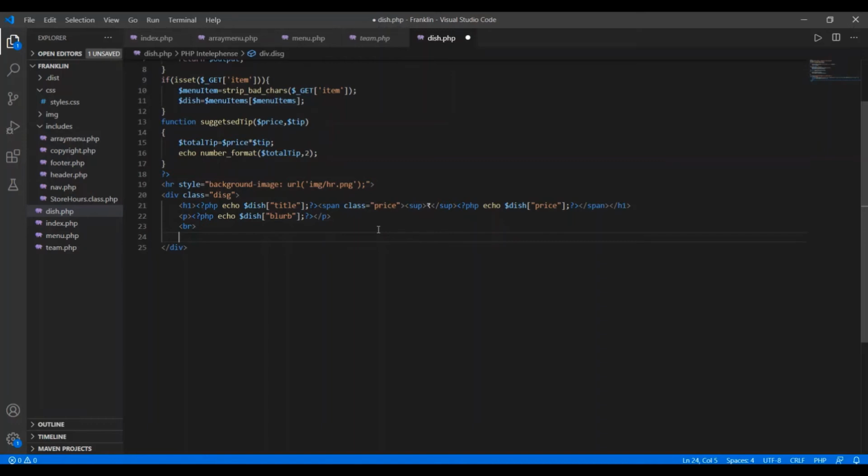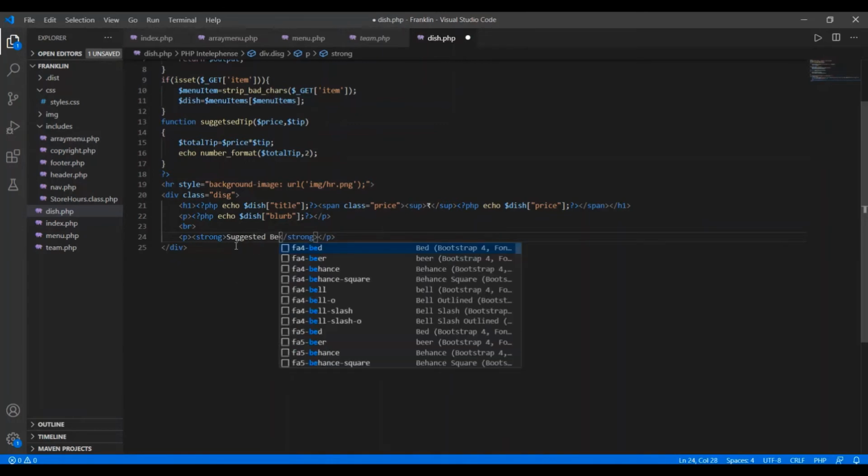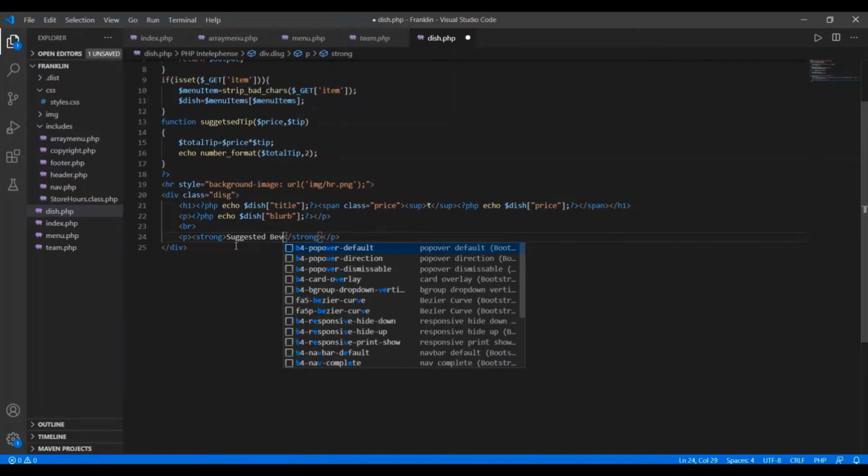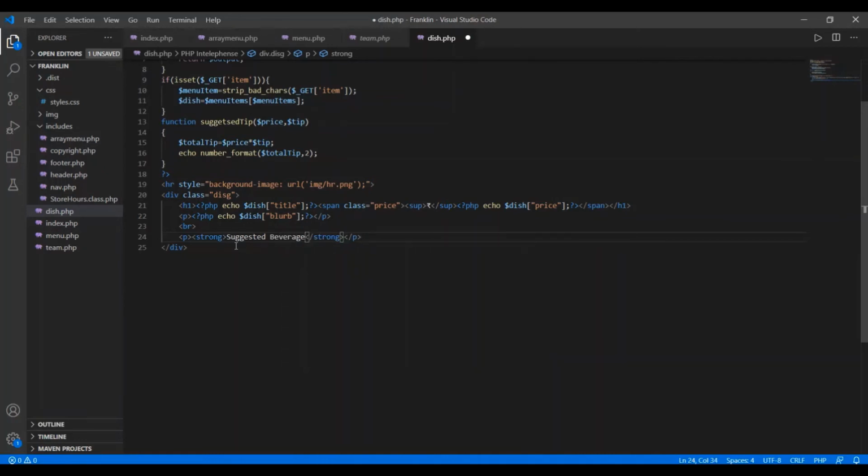And here I am going to use another paragraph for the suggested beverage, which I am taking in strong, and here I just wanted to give suggested beverage, and here I just have to use the PHP script again.